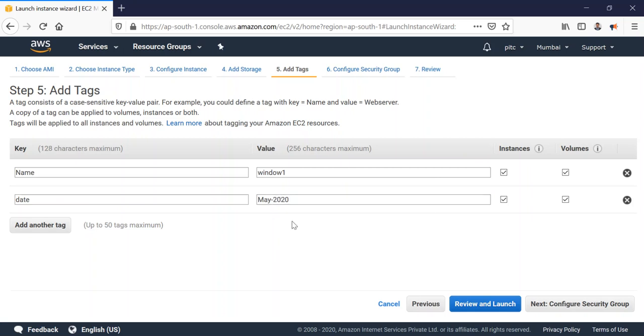Which you have created in May 2020, you want to see their information. So you can use tags. You can write a query like where date equals May 2020, and all the resources which have the tag with the date key and the value May 2020, you will be able to get all that resources' information. So it's just for getting all the reports. Tagging will make it very easy.